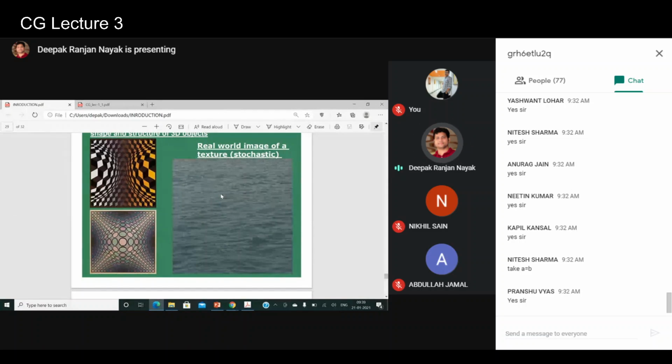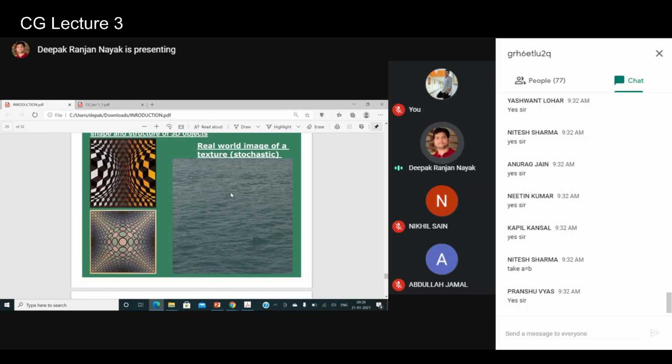So now, if I give you a task to generate this picture with the help of a graphic system on the primitives, whatever you know, can you do it? You will definitely try, and we call this type of texture a stochastic texture, because it is very, very difficult to come closer. Whatever you design will be very difficult, and this has been a very challenging job in the field of computer graphics, to draw this type of image, right? So it is really difficult.